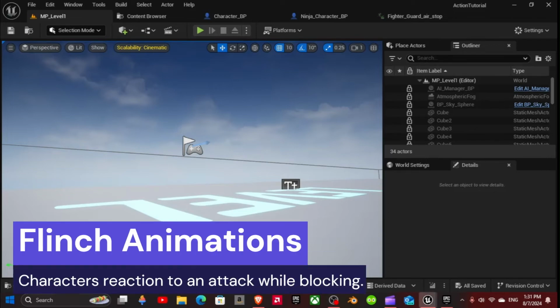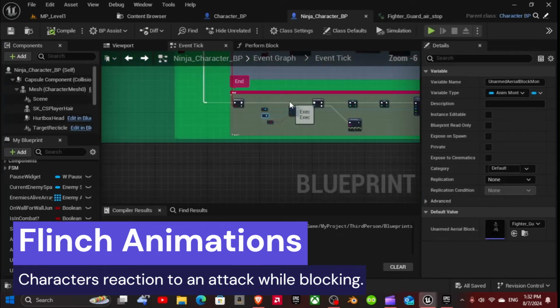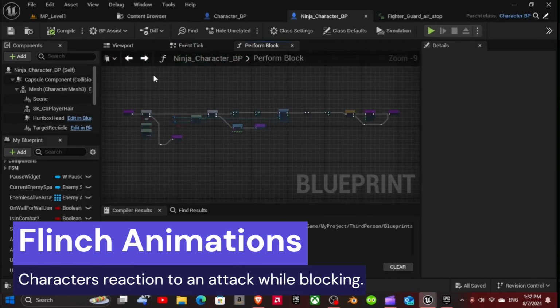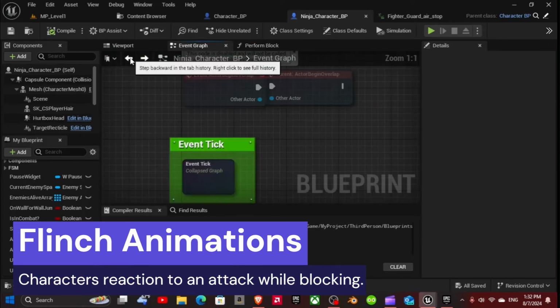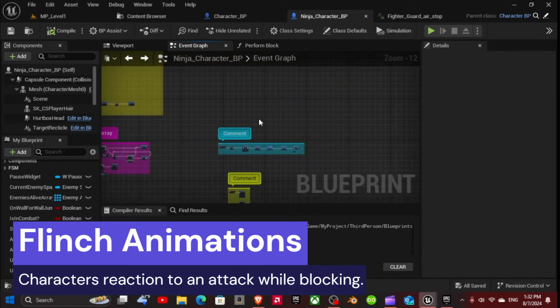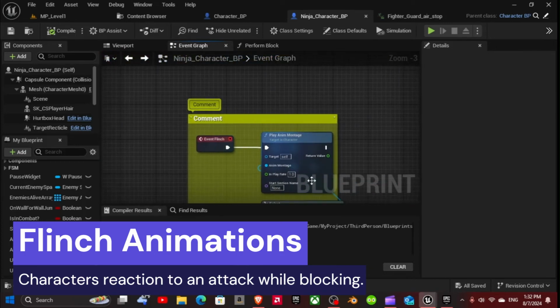Alright. The final part is setting up a hit reaction, aka a flinch, for whenever the player is guarding an attack against an enemy, and a montage that allows us to keep guarding even when flinched. First, we will go to our character. Then here,